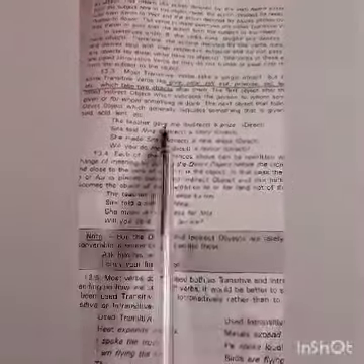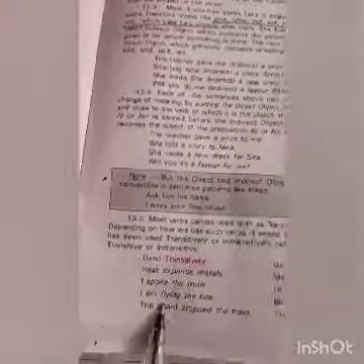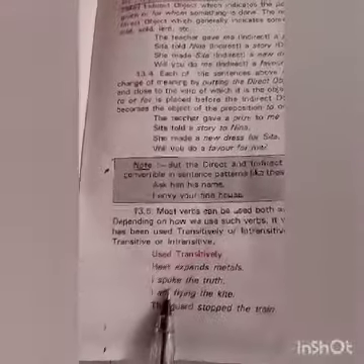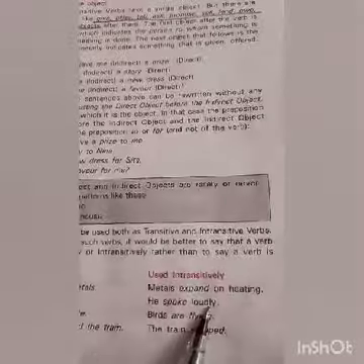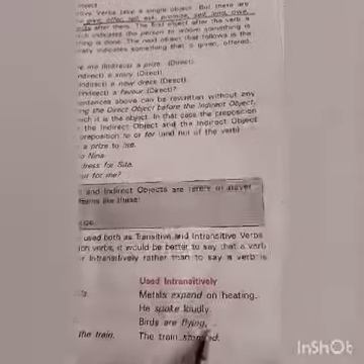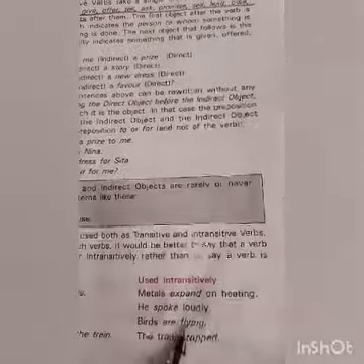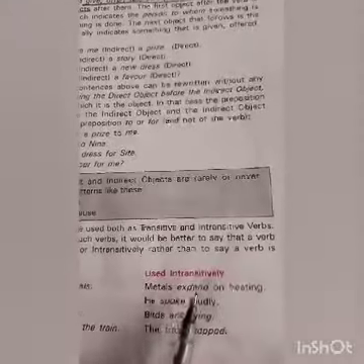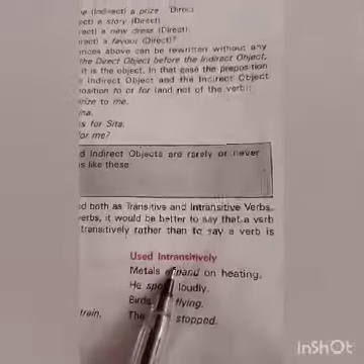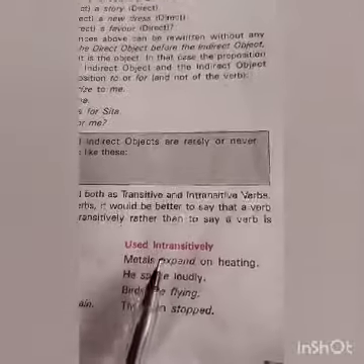So children, we have covered this part, direct object and indirect object, and here it is shown how the verbs are used transitively and intransitively. Okay, now these verbs have direct object and these words do not have direct object. This is not an object, this is adverb. So it doesn't have an object. Some verbs do not have an object, right? Just keep it in mind, intransitive verbs do not take any object.